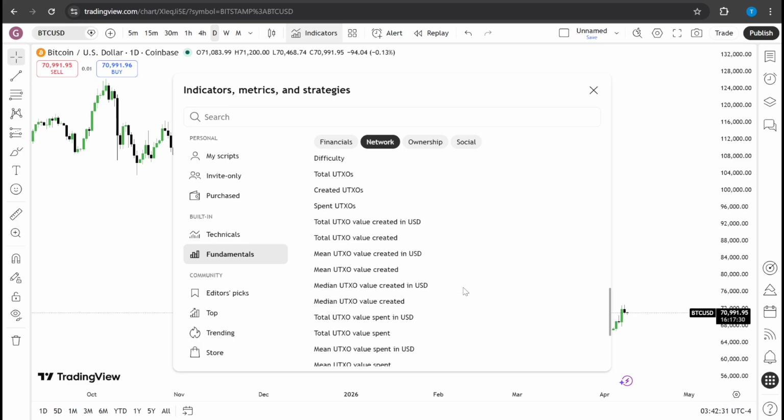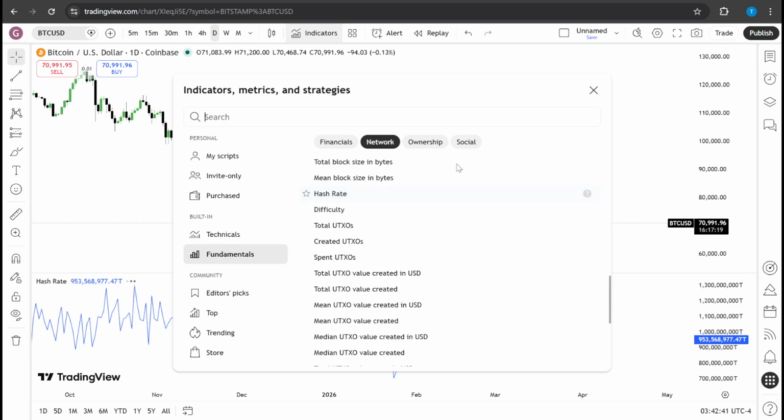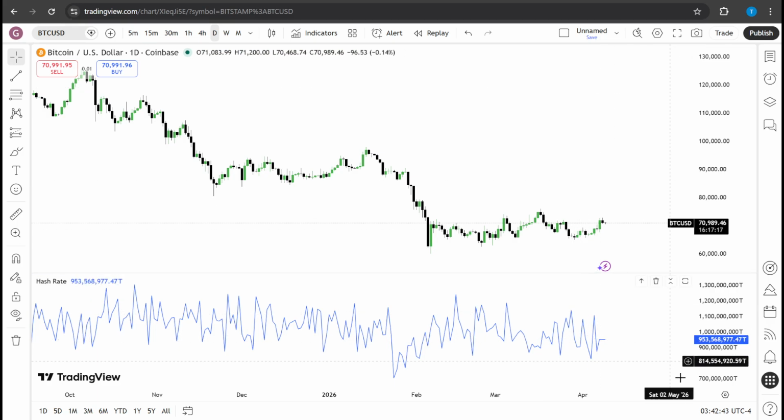If you are looking for a particular data point, use the search bar within the Fundamentals menu to find specific assets. For example, you can search for hash rate or UTXO when analyzing Bitcoin to study mining security and coin distribution. If you are looking at Ethereum, you might search for total value staked to track validator participation or gas